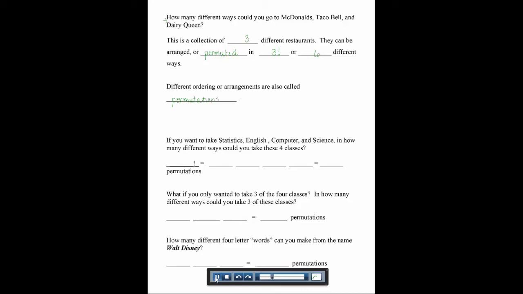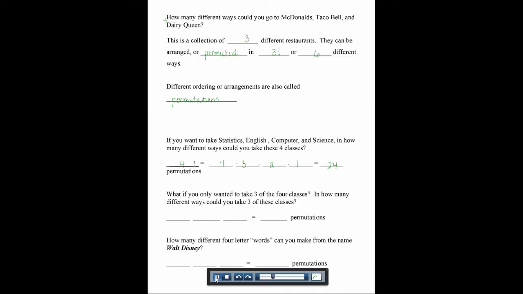Okay, so the next one says, if you want to take statistics, English, computer, and science, in how many different ways could you take these 4 classes? So these are 4 different things. We've got 4 factorial, so 4 times 3 times 2 times 1, or 24 different permutations, or ways you could arrange those. Now, if we only wanted to take 4 of those classes,